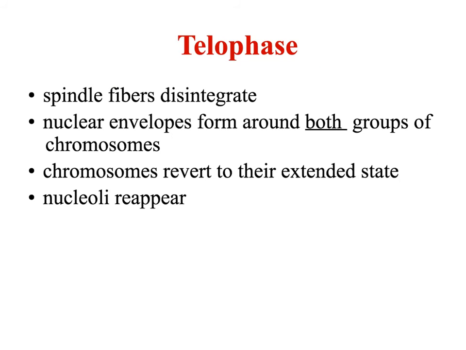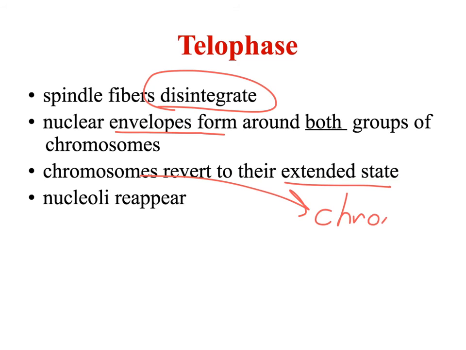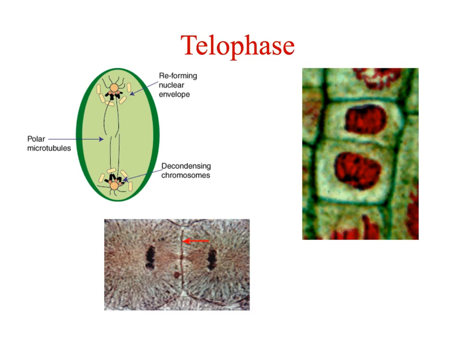And telophase is the reverse of prophase. Again, spindle fibers disintegrate, disappear. Nuclear envelopes and nucleolus appear again. Chromosomes revert to the extended state; we call this chromosomes converted into chromatin, a thin structure again, and the nucleolus reappears. You see the nuclear membrane start to reappear, the nucleolus start to reappear. You see there are two nuclei almost formed,